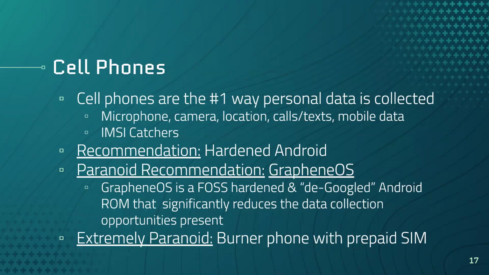Cell phones. I know I said laptops, operating systems and web browsers are the #1 and #2 ways they get data. This is the #0 way. Well, I put #1, but cell phones are the #1 way that personal data is collected. If you think about how much is actually on them, you've got microphones, cameras, location, your calling and texting, any mobile data you use. All of that is present on one device. And it is very easy to fingerprint cell phones for the simple reason that they have a unique fingerprint built into them. It's called an IMSI, an International Mobile Subscriber Identification Number,